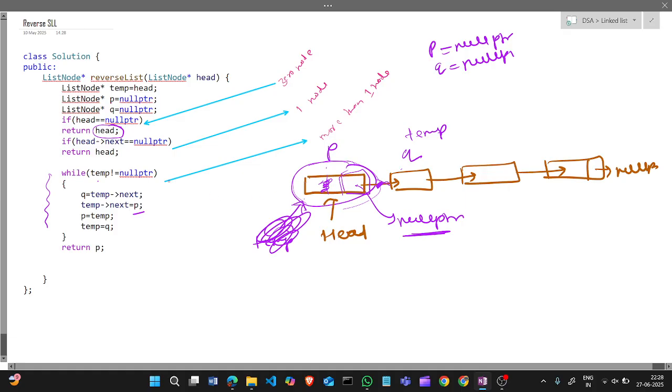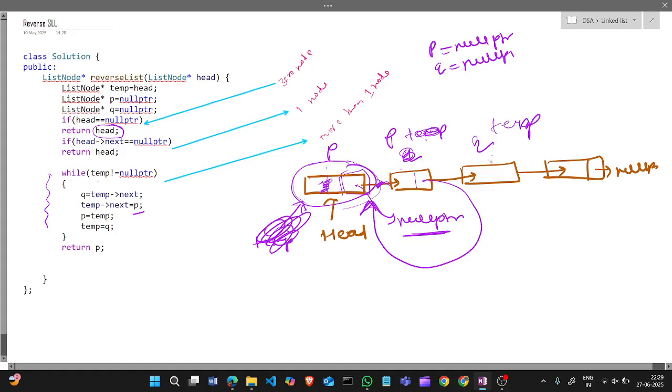Okay, now check if temp is null, no. So we will shift this here. Okay, and we will make its next point to p previous, and then we will make this a p, and this a temp.